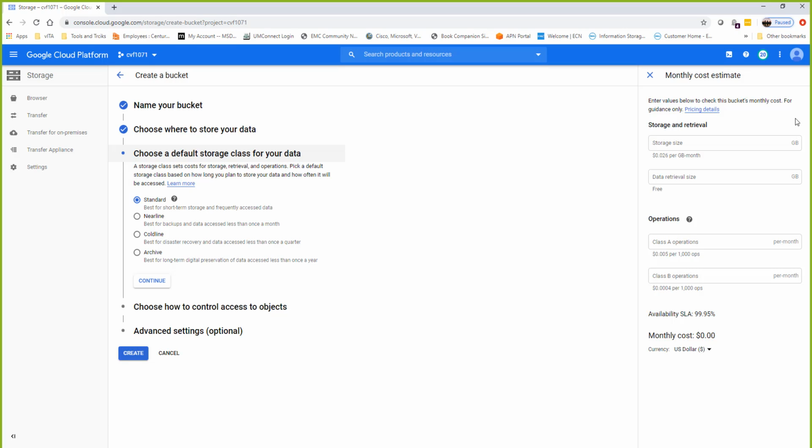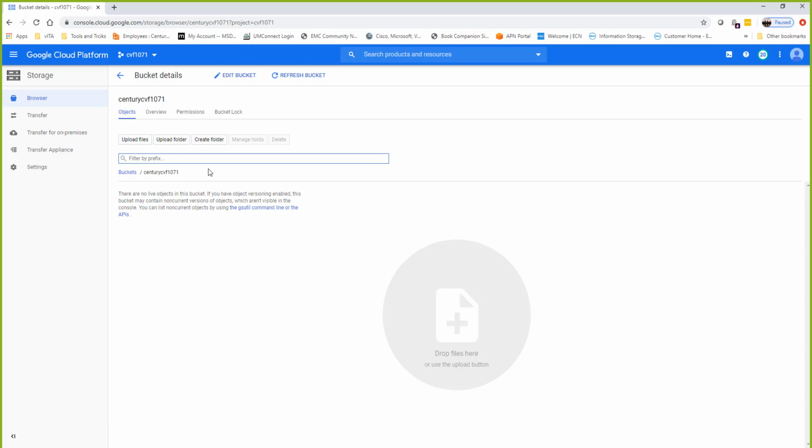Again, remember that I didn't set up anything over here. If you want to go ahead and set something up, go ahead and do that. Right now, I'm going to take the default, or you can spend some time and look at the availability over here. It's 99.95% for this particular file. So I'm going to go ahead and go to create,